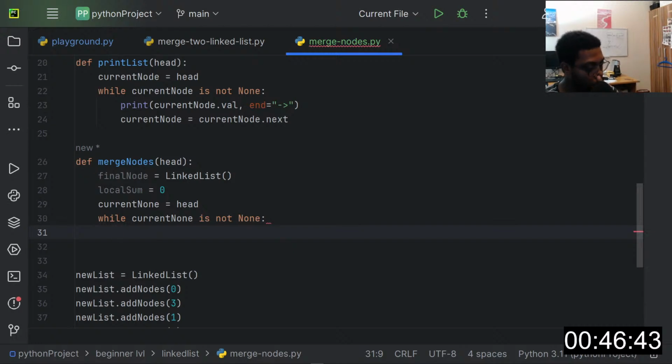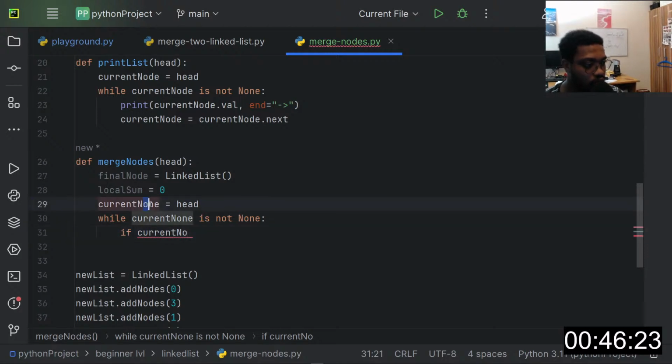Okay, so what do we need to do? First of all, we need to check if the current node is equal to 0, right? I'll say if current node, sorry, I call this current node, not none. So if current node dot value, sorry, not data, I was using value. If current node dot value is equal to 0, then